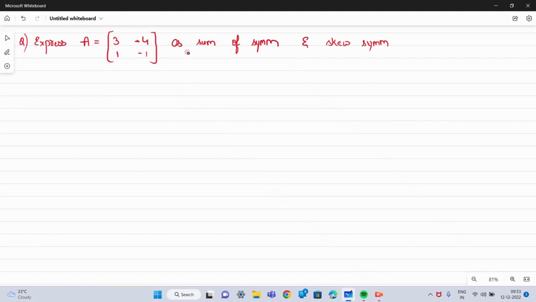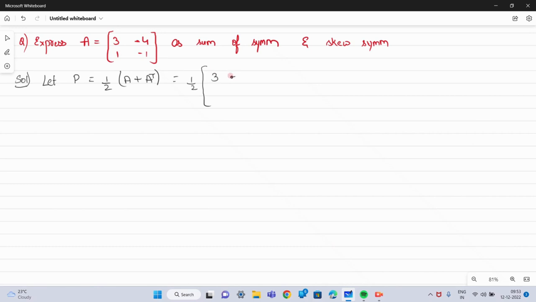Express a matrix as sum of symmetric and skew-symmetric matrices. How to express this? To solve this kind of questions, let us assume P as half of A plus A transpose. And here, what does it mean? Half of A plus A transpose, like now we can solve it as half of